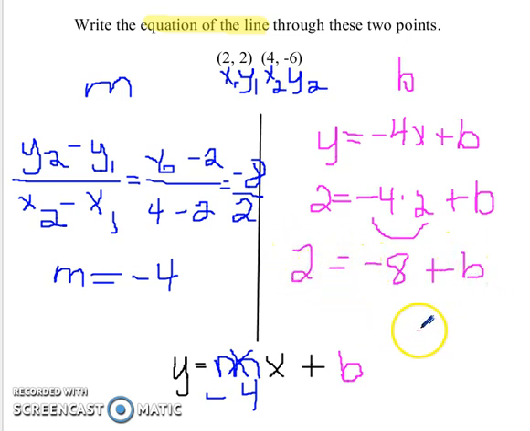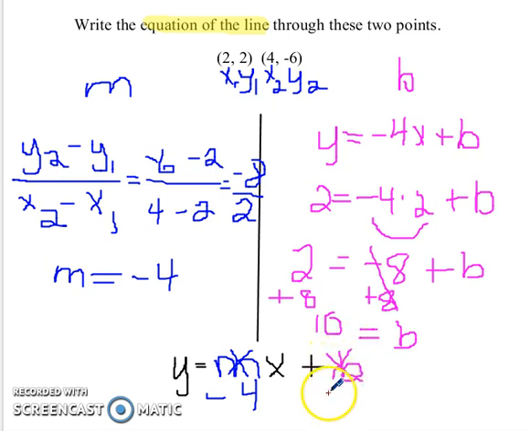equals my 2. How do I undo minus 8 from here? I add 8 to both sides. This crosses out, plus and minus, and I solve for b. b is 10, because 8 plus 2 is 10. I can fit that in there now. I can cross out my b and put in 10. My equation of my line